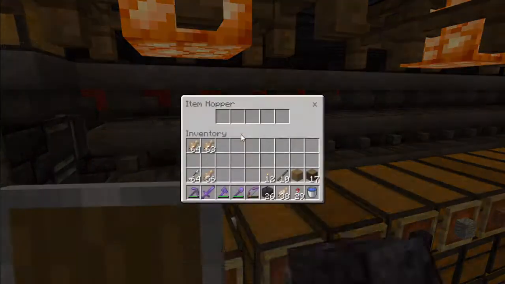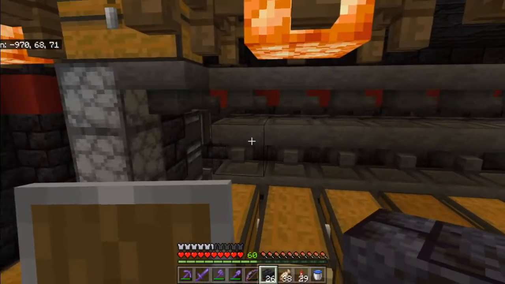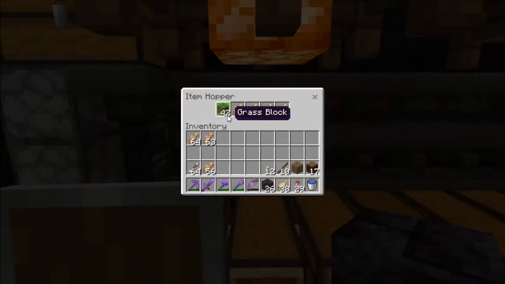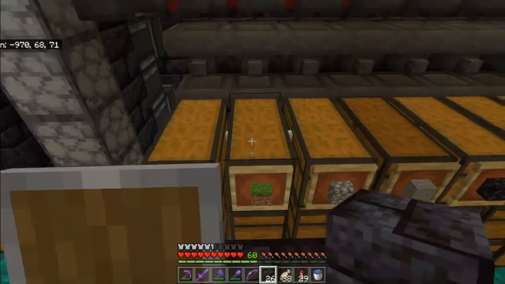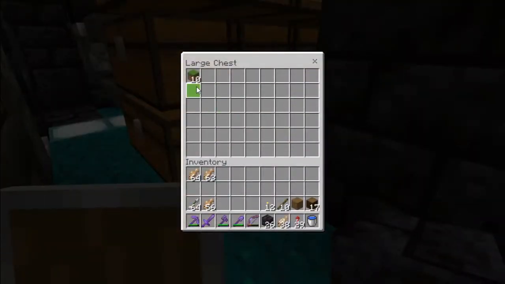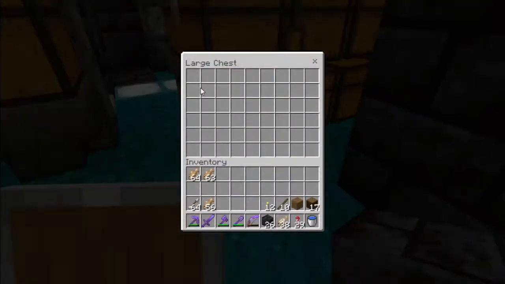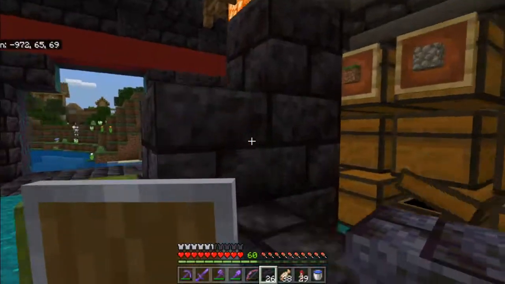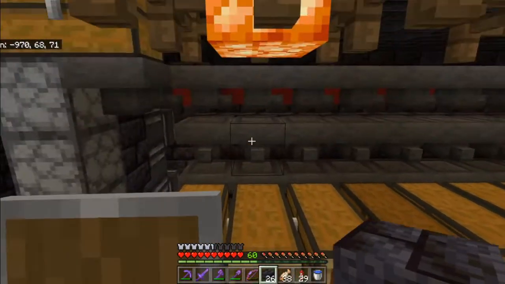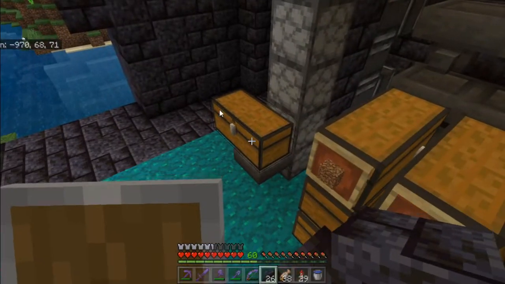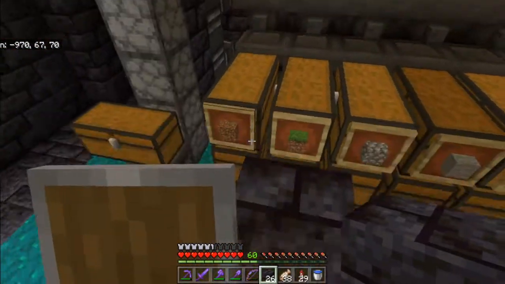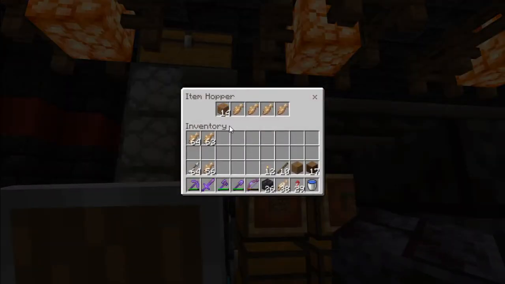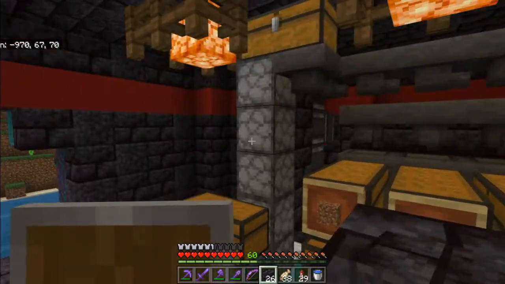But as you can see, it is working. It is not making it all the way over here, and it is not going here. So that is perfect. You can see right there 41 is the limit. So now if we check down here, we're getting grass in our grass slot, but we are not getting it in where we had dirt, and we're not getting it anywhere else past that. So that is our point proven. It works exactly as we need it. And we can check this one here. As you can see, our dirt is starting to fill up there. So this